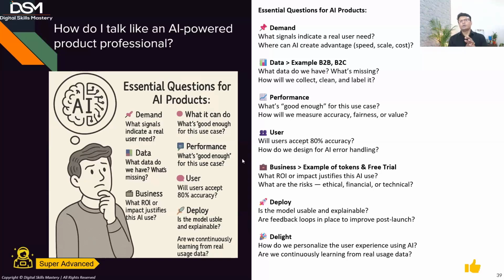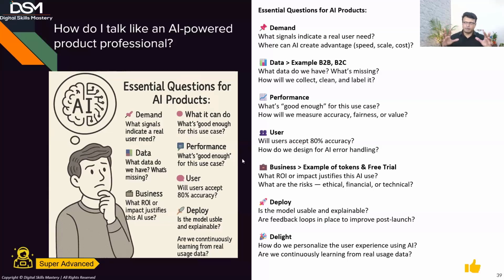And this is what we want to harp upon: how do you start to think like an AI-powered digital product professional? Some of the things that you need to ask in various phases, we have just put down over here. You can take a screenshot. We'll not go into detail on every one, but I'll take a couple of examples. So for example, you are